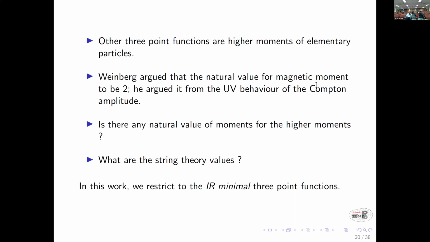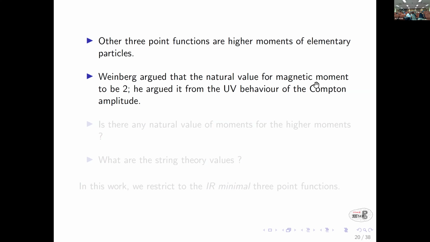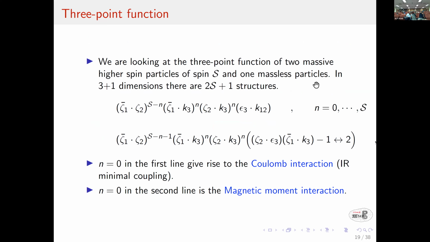As I said, in this work I will not talk about any of this. I'll only restrict to the Coulombic interaction, which is the leading interaction at long distance. Why is this? The first one here is n equal to 0. In the second one, n is equal to 1, which will be the quadrupole. Here n is equal to 1, which will be the octupole.